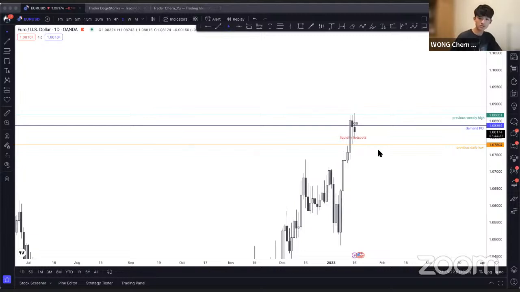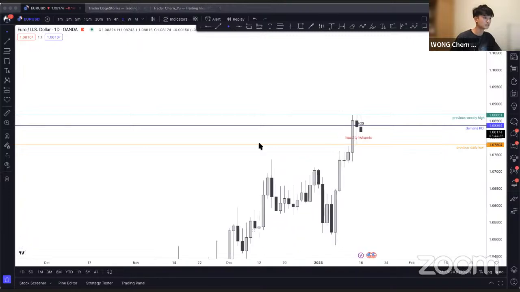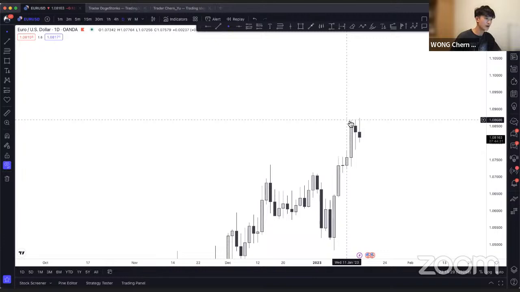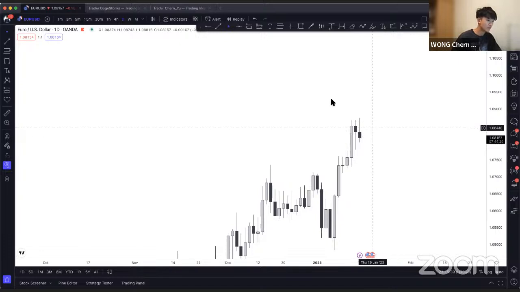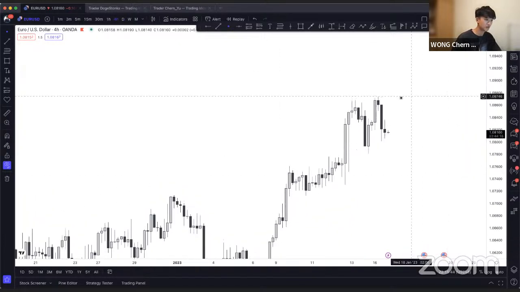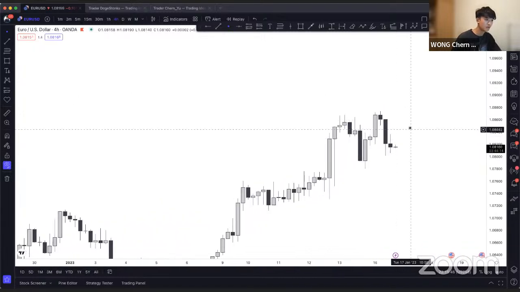So let's talk about Euro USD, okay guys. At first glance, we can see that price actually cleared out the high in the morning, which is the high at 1.08678. Okay, and then followed by a strong reaction down. So I believe that price could potentially, we could start to look for possible long positions back up to clear this 4 hours